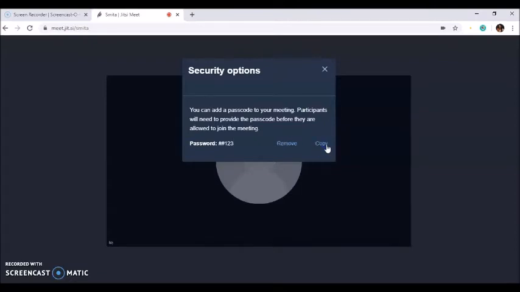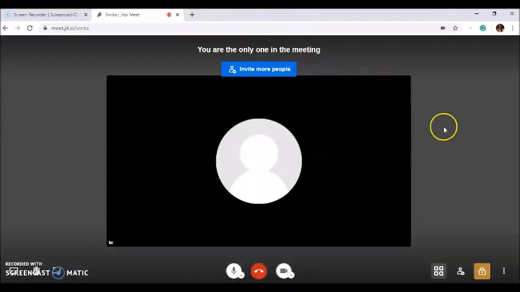You can add the password. If you want to copy the password, you can copy it, or if you want to remove the password, you can also remove it. This password can be provided to the participants before they join the meeting. So these are the security options.